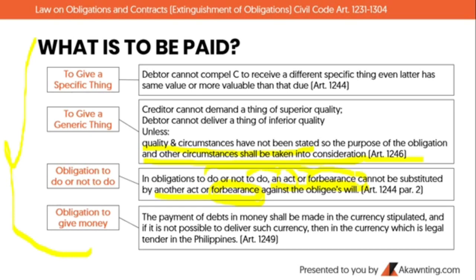Hindi pwedeng magbayad ka ng peso na currency. Okay? Pero kung hindi possible, kasi let's say hindi possible. Okay? Kumbaga, let's say nangyari? Ganito na lang. Bumagsak ng ekonomiya ng US. Okay? So, nawalan ng value yung dollar. So, ano nangyayari doon? Okay, ang mangyayari is, syempre, meron ka pa ring obligation, pero hindi na kasi possible siya na i-deliver at that certain currency. So, ang magiging delivery na lang is yung